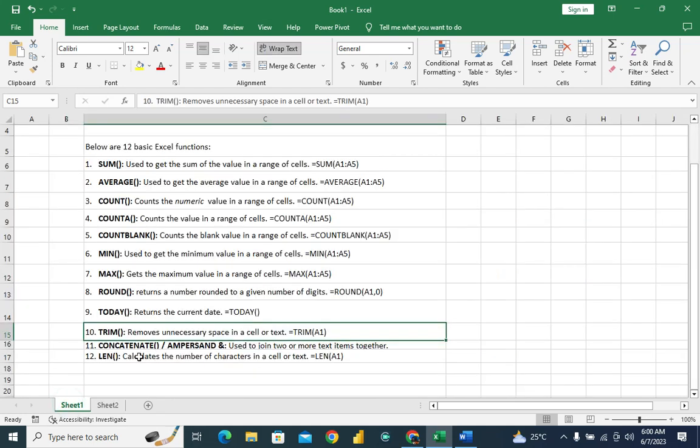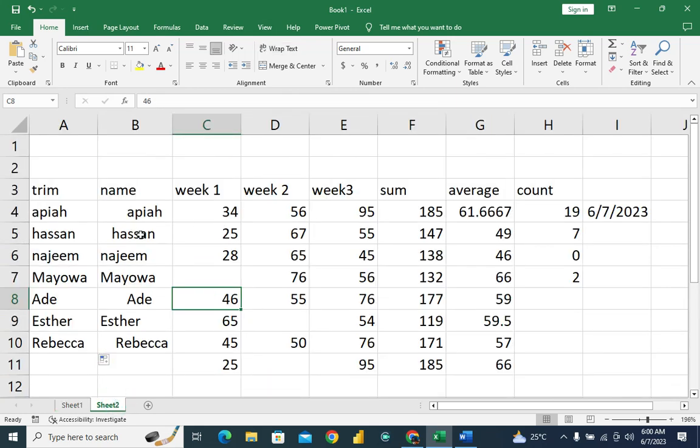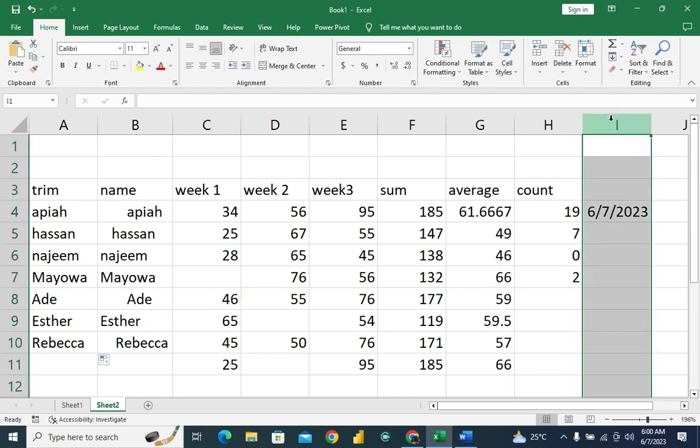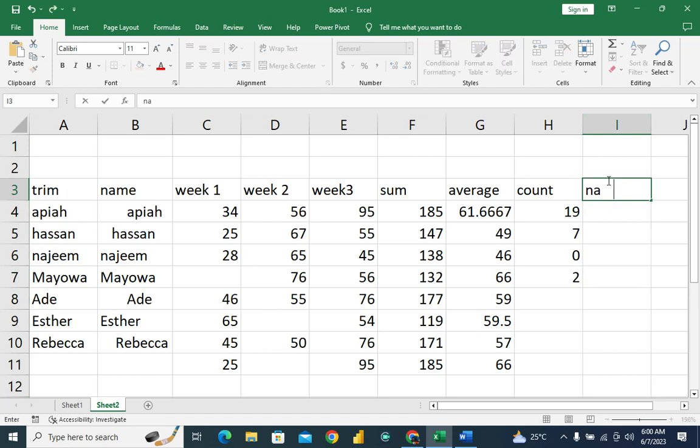All right, next. We're talking about concatenate or ampersand. Now, this function is used to join 2 or more text items together. So I come here. Now I want to join trim and then week 1. I want to write the person's name and what the person sold. So now let me remove this column I, then I say let me put names so that it will be different. I want to join, so I'll just say equal to